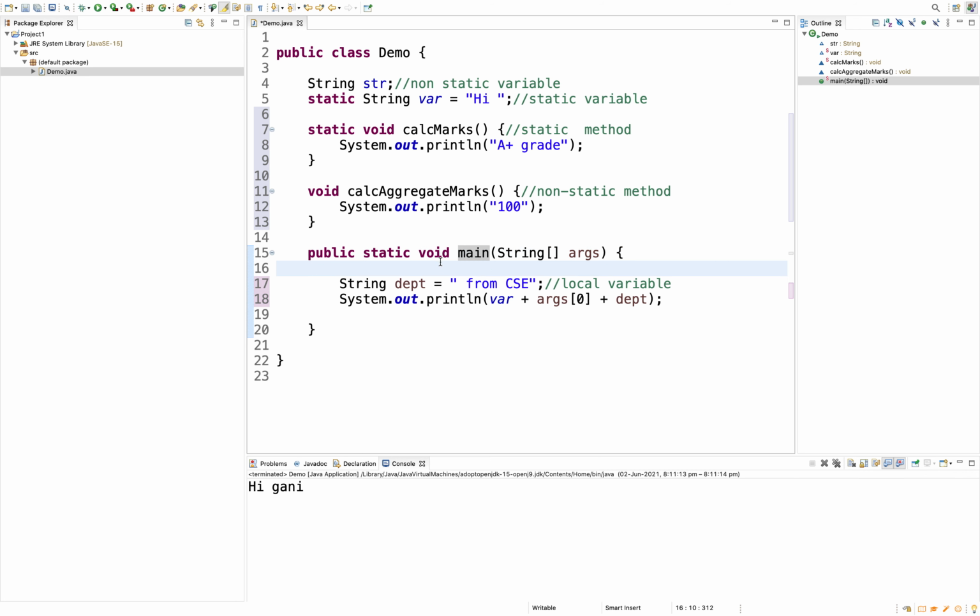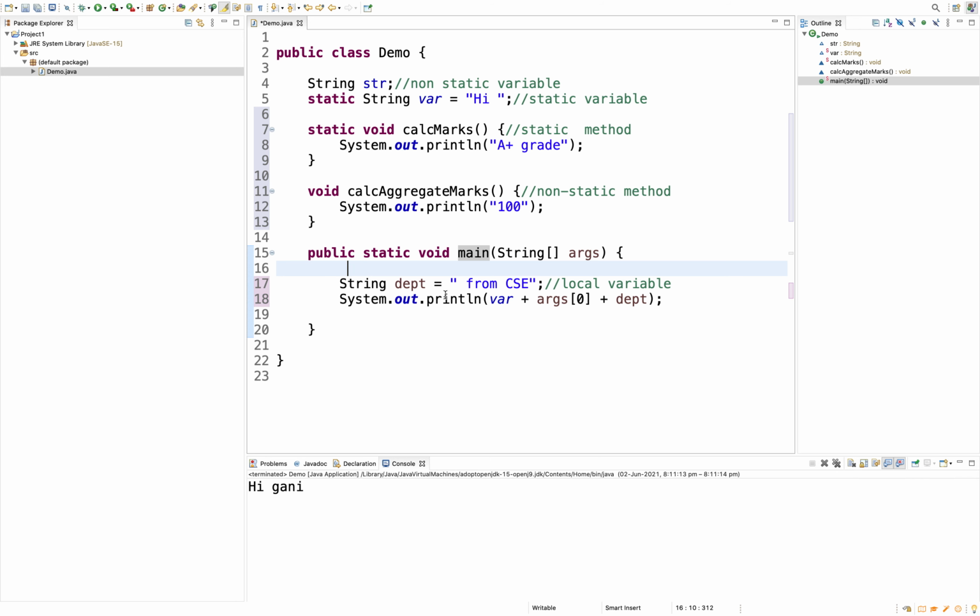I have written this class and saved the file. Every time there is a change in the file, the IDE automatically takes care of compiling the code. Now you don't see any compilation errors, so the class got compiled fine.